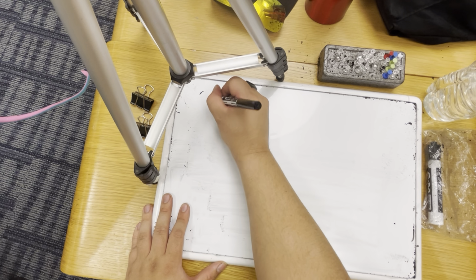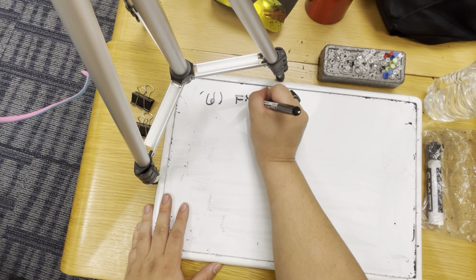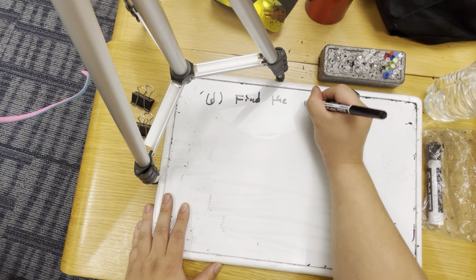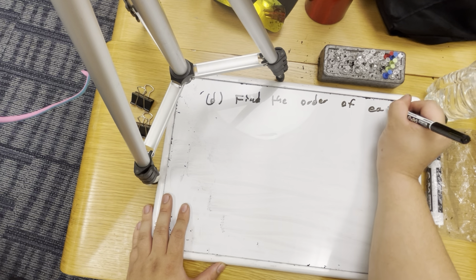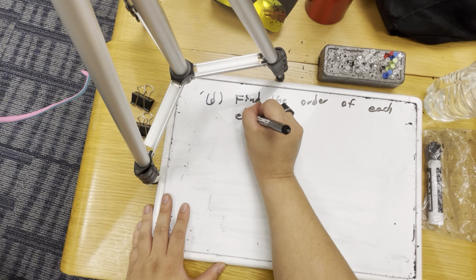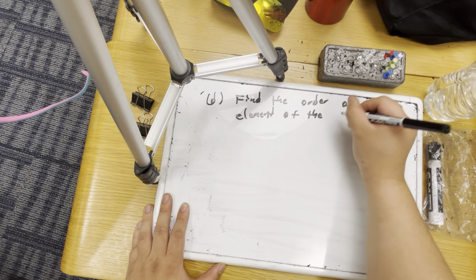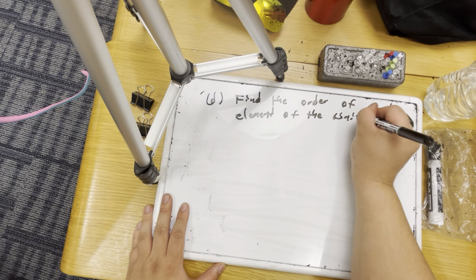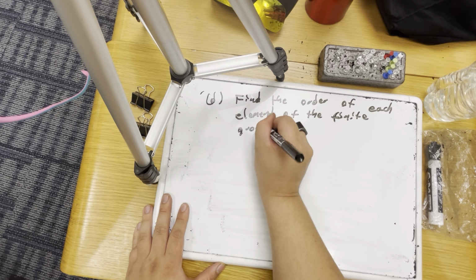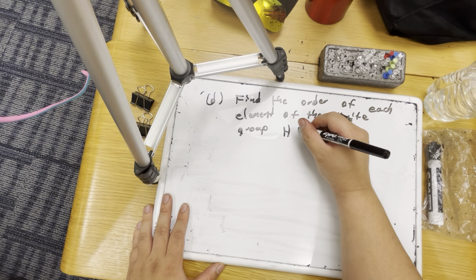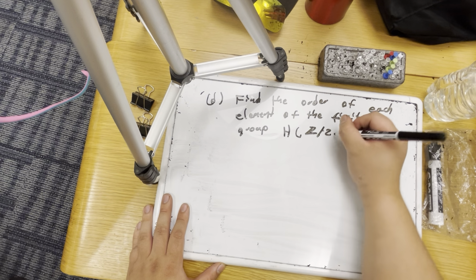For part D, find the order of each element of the finite group H of the integers mod 2,